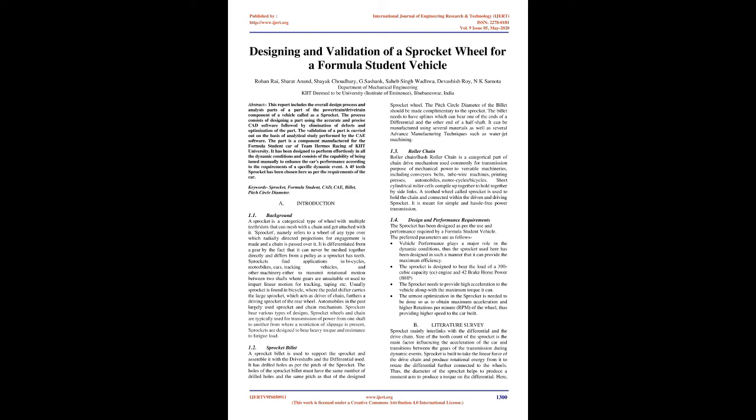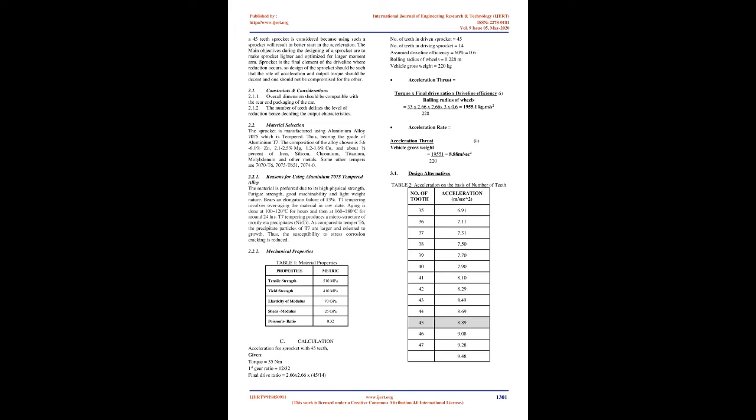The pitch circle diameter of the billet should be made complementary to the sprocket. The billet needs to have splines which can bear one of the ends of a differential and the other end of a half shaft. It can be manufactured using several materials as well as several advanced manufacturing techniques such as water jet machining. Roller chain, or bush roller chain, is a categorical part of the chain drive mechanism used commonly for transmission of mechanical power